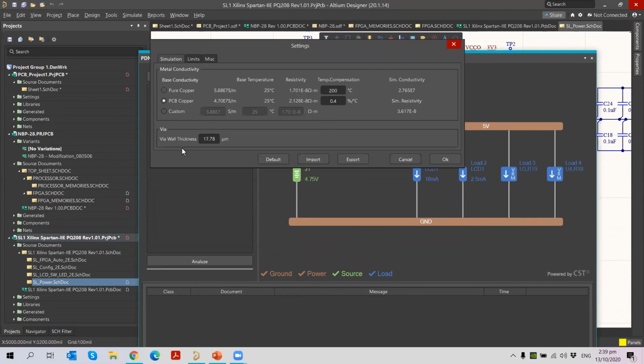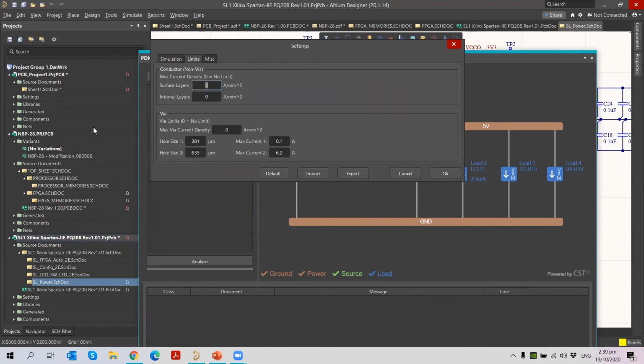And then you can see via wall thickness, how much you want, you can set it here. Then under the limit, you can set what should be the maximum current density through your surface layer and the internal layer. For example, I want 90 amps per mm for both the surface layer and internal layer. So once I set it, I just click OK.